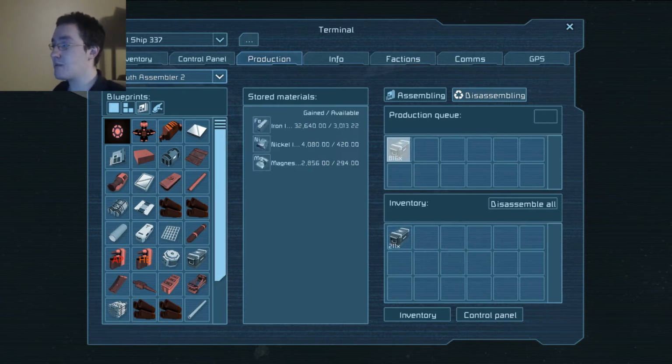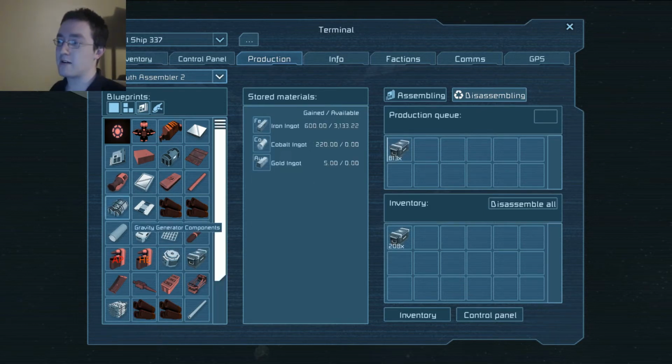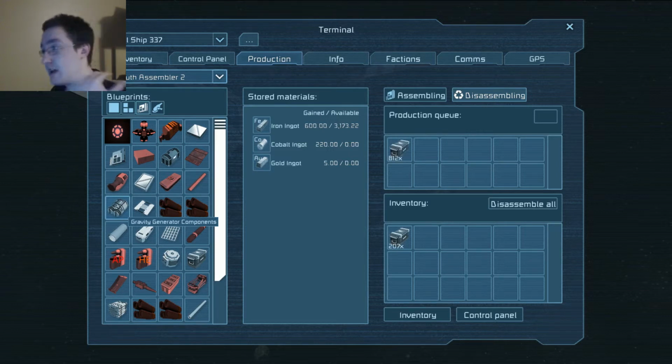This one is actually disassembling the ammo containers because, let's face it, for now there's no combat in the multiplayer. Plus, but then again, you wouldn't really do this if you were a part of a faction. You'd save your ammo, but for our intents and purposes, I'm scrapping those. But say you have too many gravity generator components, and they require a massive amount of iron and cobalt, and gold respectively, but